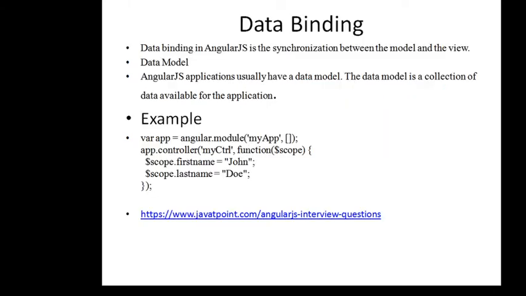The next point is data binding. Data binding in AngularJS is the synchronization between the models and the views. AngularJS applications usually have a data model. The data model is the collection of data available for the application. var app = angular.module('myApp', []); app.controller('myCtrl', function($scope) { $scope.firstName = 'John'; $scope.lastName =